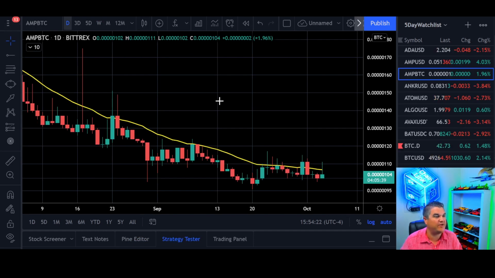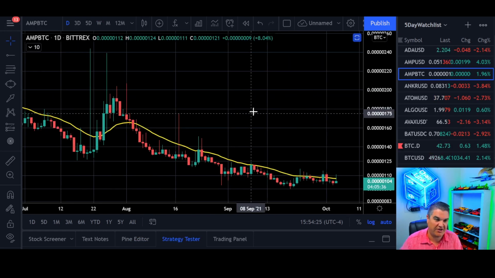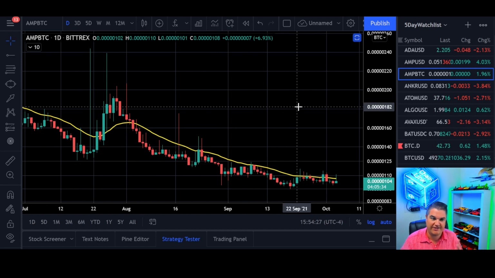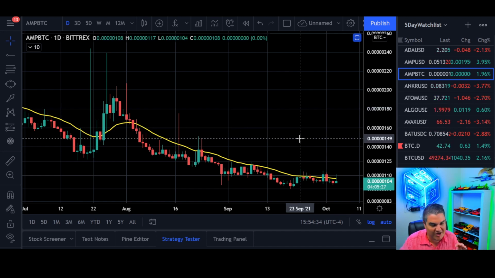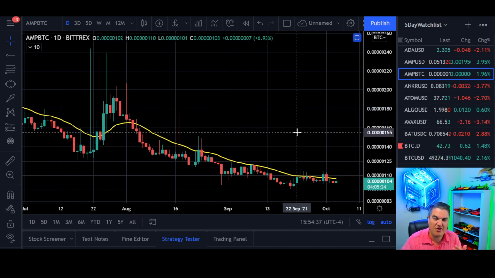So last chart, here we got AMP versus Bitcoin. You want to look at your coin, whatever your favorite coin is. I don't care, as long as it's not Dogecoin, some meme coin. Compare it against Bitcoin. If it's not doing well against Bitcoin, maybe you should just hold Bitcoin. The only reason you hold altcoins is because you expect a higher ROI, return on your investment, than Bitcoin gives you. If your coin's not outperforming Bitcoin, you're probably emotionally attached to it, one, or it's too young, two, which is kind of AMP, right?